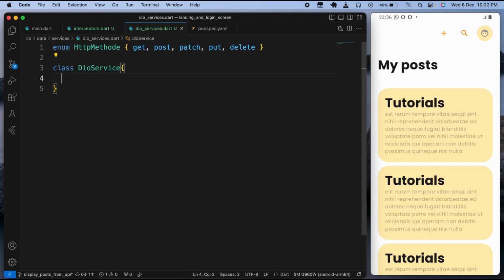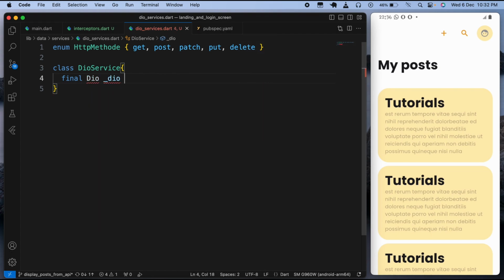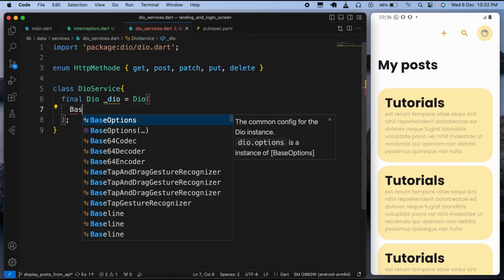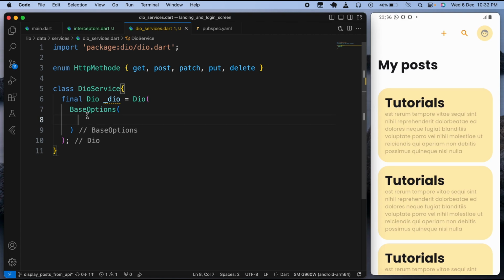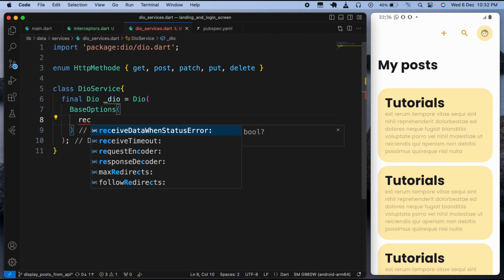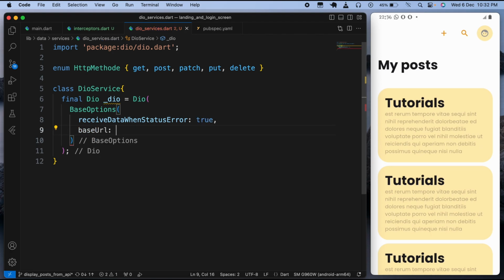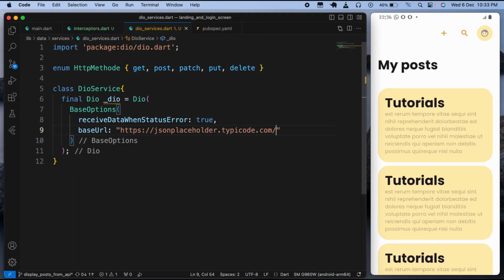Okay, down here we'll create a class, DioService class, just like this, very simple. And here we'll have a variable of type Dio. Let's say dio equals Dio, and here let's create a BaseOptions where we're going to have all sorts of parameters or settings for our APIs. So let's say receiveDataWhenStatusError, let's say true. Base URL, we're going to copy and paste it from here. This is the base URL. Let's say like this, and after that